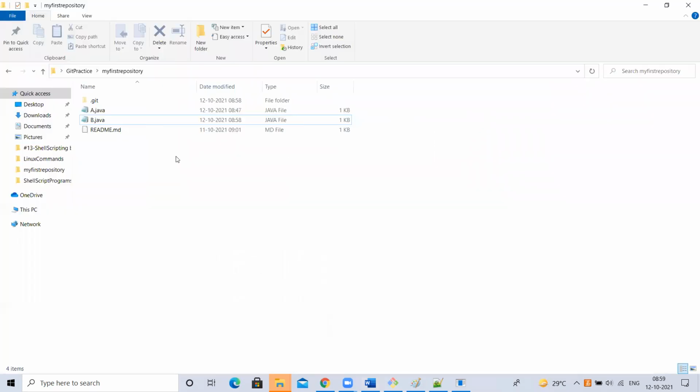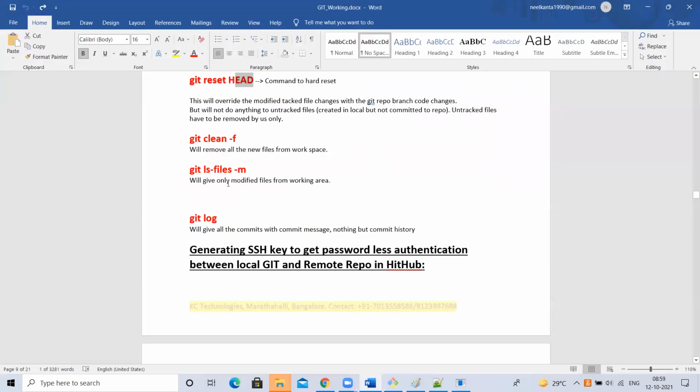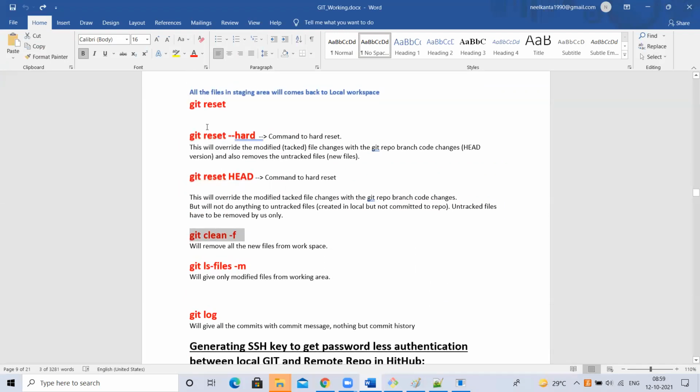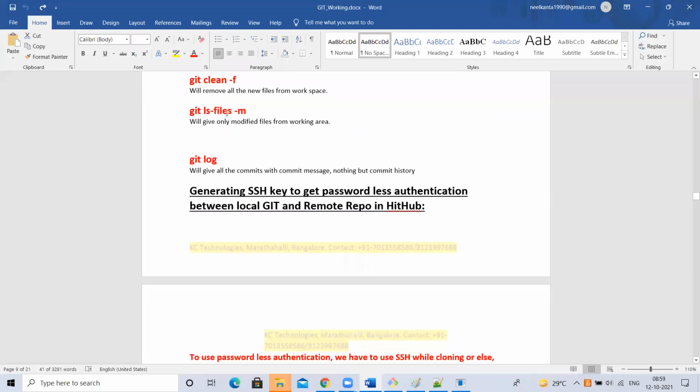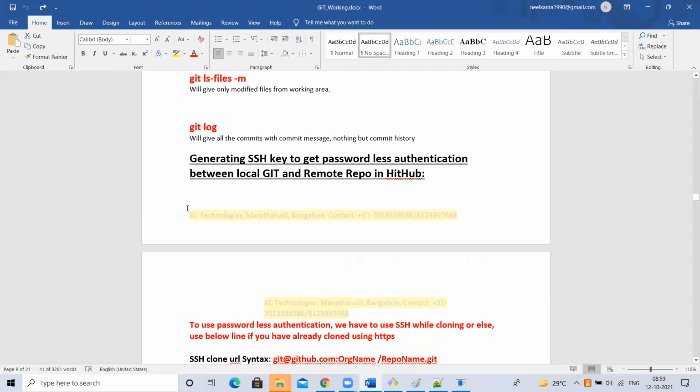And you want to remove, I mean you have new files and modified files, and you want to remove all the new files, then you can use git clean -f. These are not much important, but this is important. You just go through these two, but you remember this also. Okay. And to check the logs, git log is a command.